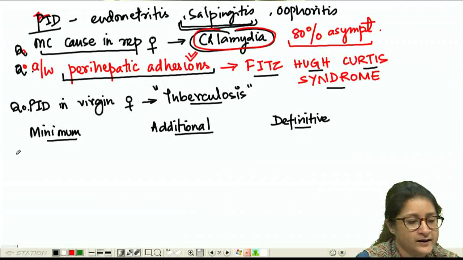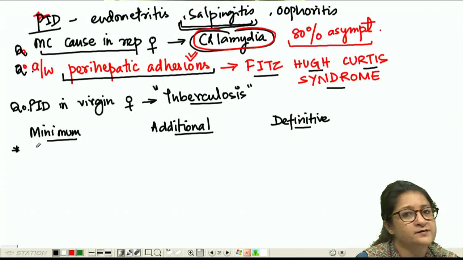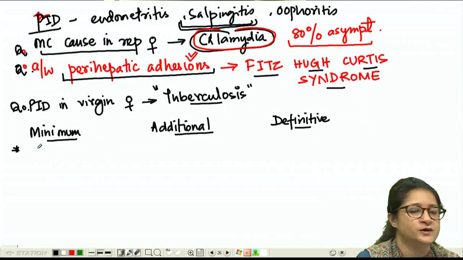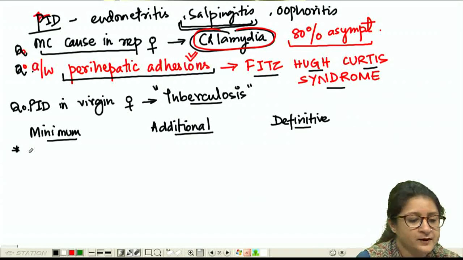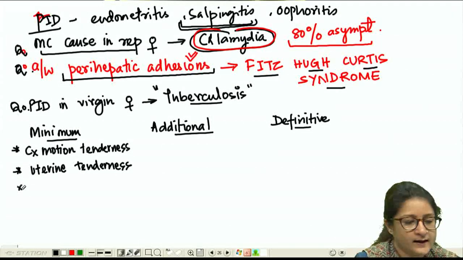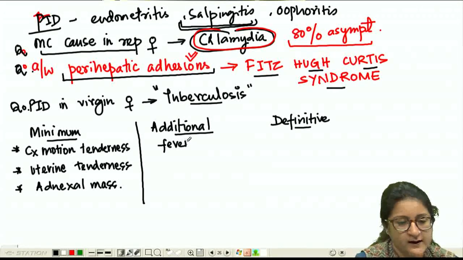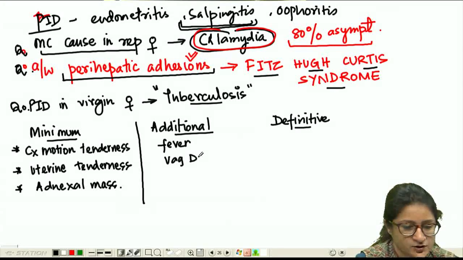Now minimum criteria is based upon the physical findings. All right, a PID woman can present with discharge, can present with pain abdomen. The minimum criteria is cervical motion tenderness, uterine tenderness, and adnexal mass, right. Now the additional criteria on the other hand could be fever, it could be vaginal discharge,